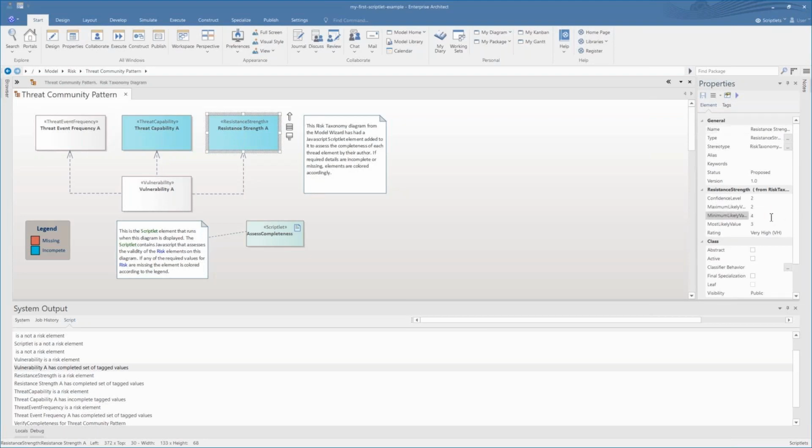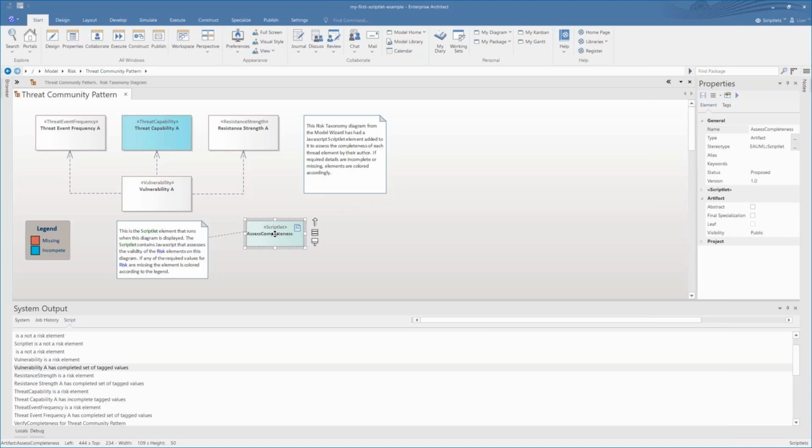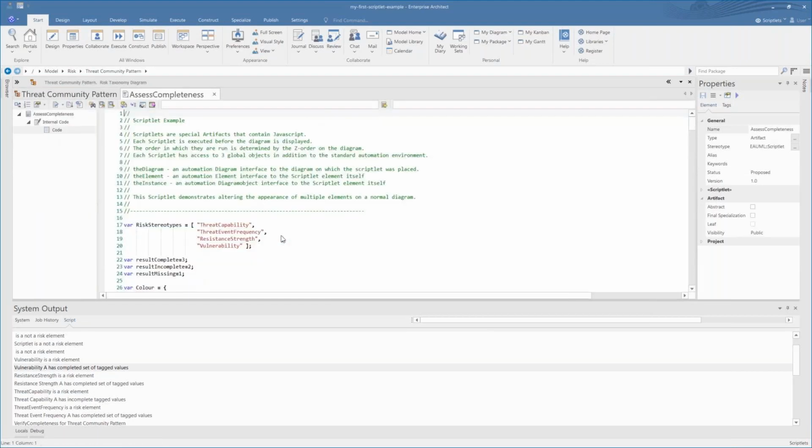I've got session output down the bottom, so you can see that it's also saying that vulnerability is a risk element, and vulnerability has a completed set of tagged values. So not only is it giving you a visual indication, but the code is actually outputting information to the system or session.output in order to tell us what's going on with our script.